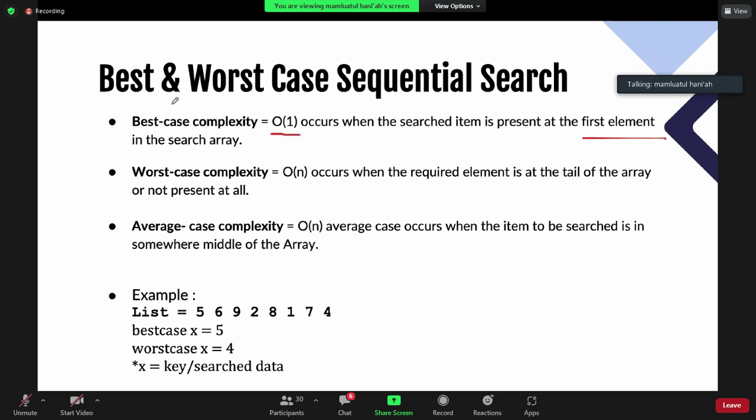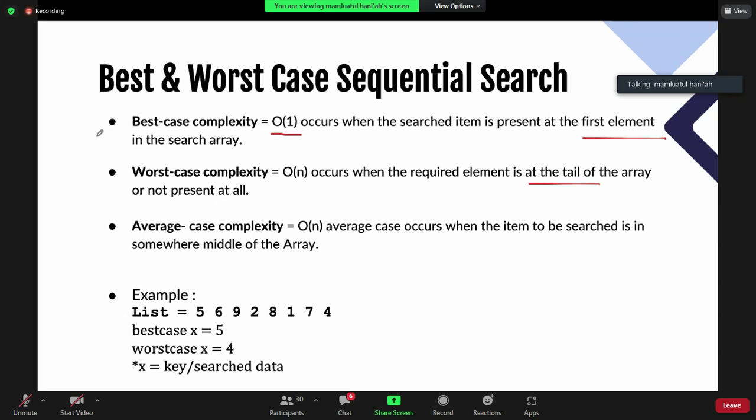Its big O is big O(1), because you just need one process.